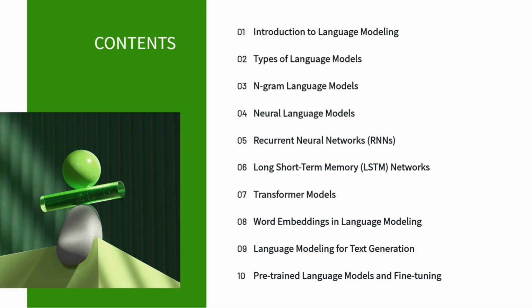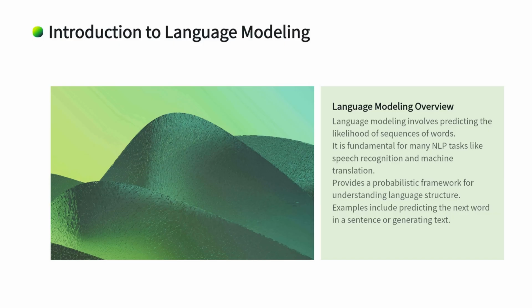Here are the contents. Language modeling is a core task in natural language processing, NLP, that involves predicting the probability distribution of a sequence of words. Simply put, it's about understanding language patterns, such as how likely one word is to follow another in a given context. Language models serve as the foundation for a range of NLP tasks, including speech recognition, machine translation, text generation,